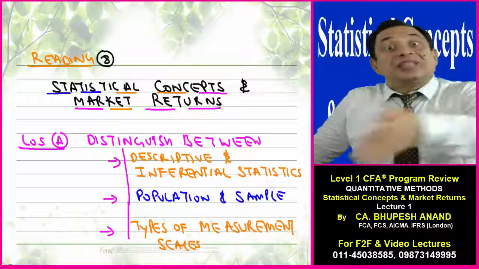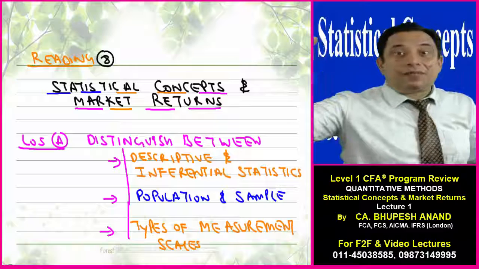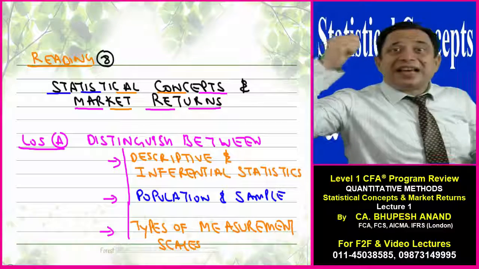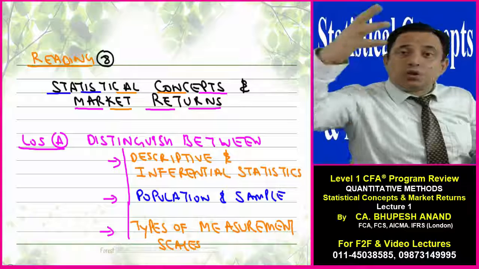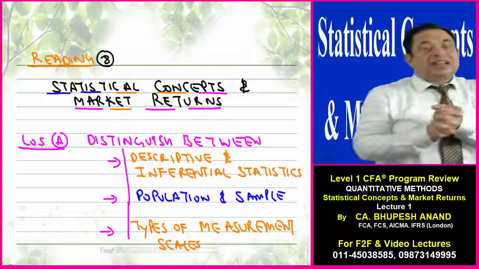And what are the different types of scales involved in that? For example, there are 4 types of scales. We'll be discussing that. We'll be seeing in Google also, that ordinal scale, nominal scale, interval scale, ratio scale. So this basic understanding will be more clear if you write down these learning outcomes.